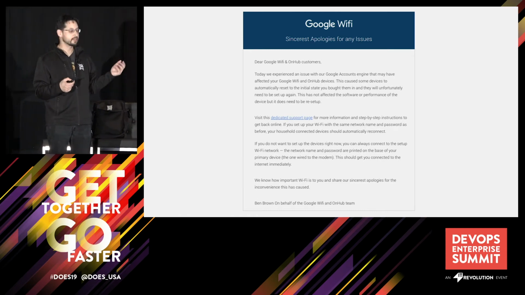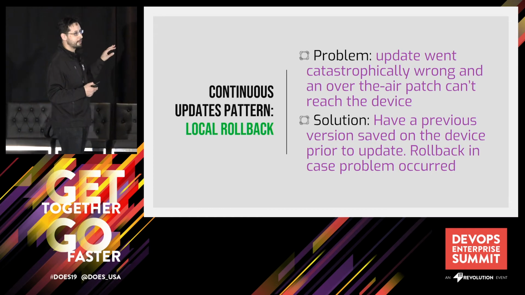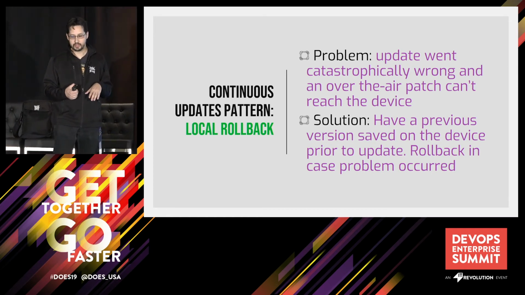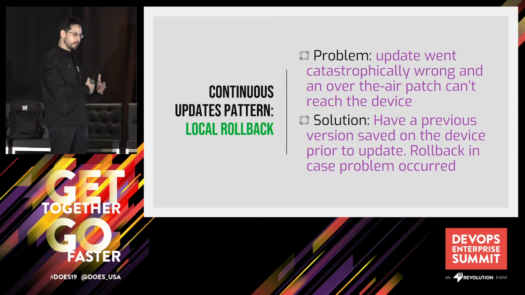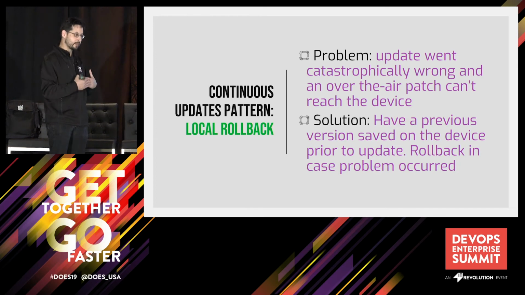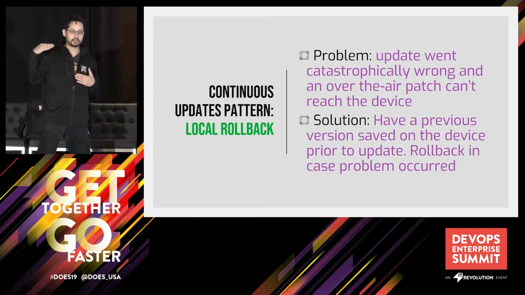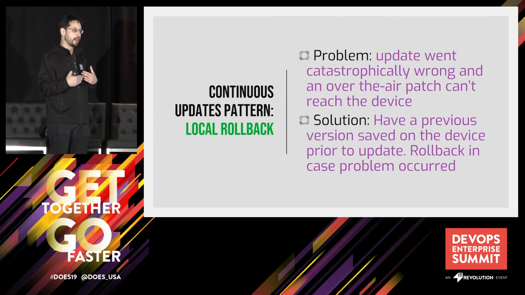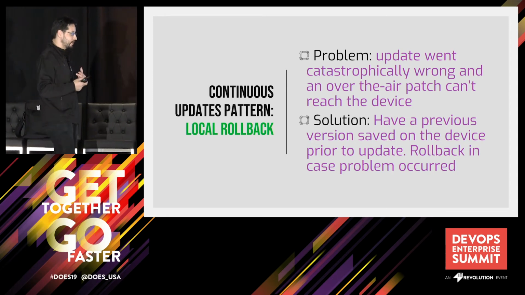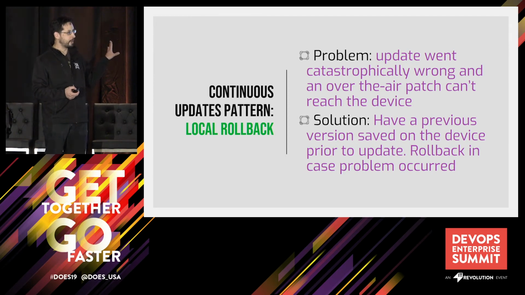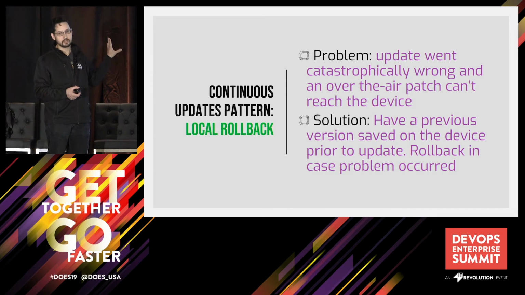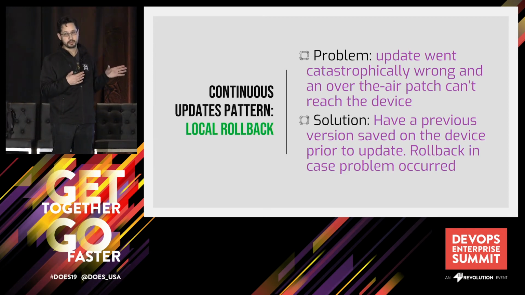If you're doing something like this on edge devices, you want to have a local rollback strategy. So basically, in this case, for a Wi-Fi router, what you'd want to happen is it would have a local copy of the last version of the OS. It would do a self-health check to see if it can connect to the internet. If after a certain time the update's not working, it automatically rolls back and calls home, right? So that's ideally what you'd like to have in a situation like this. The caveat with local rollbacks is that if you don't need it, often the implementation complexity of local rollbacks outweighs the benefit.